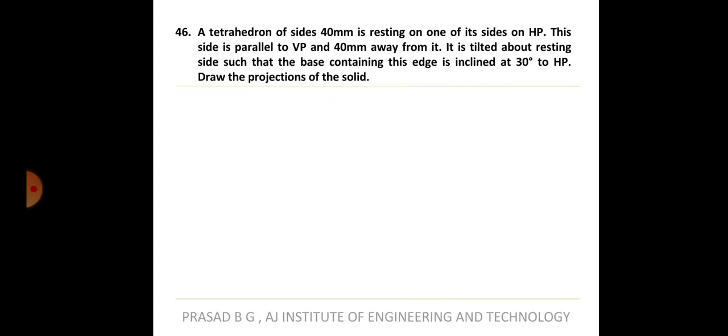So that means you can tilt it on any one of the faces and the shape of the tetrahedron will not change. Okay. So one more important thing I will tell you: when the sketch comes in, don't take into picture that the side of the base is equal to the axis height. No, in the tetrahedron it is not equal to the axis. I will tell you that when I draw the sketch.